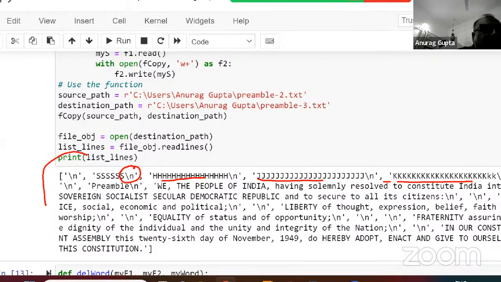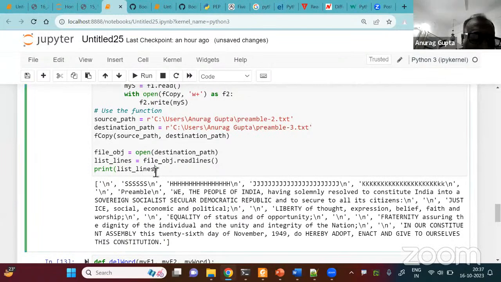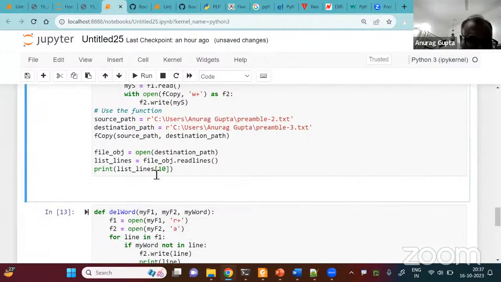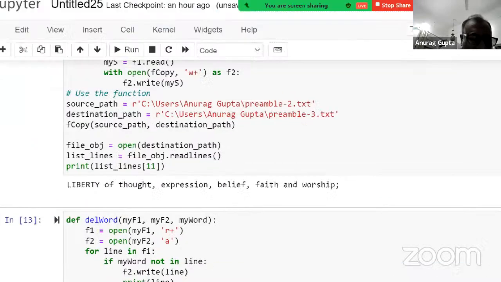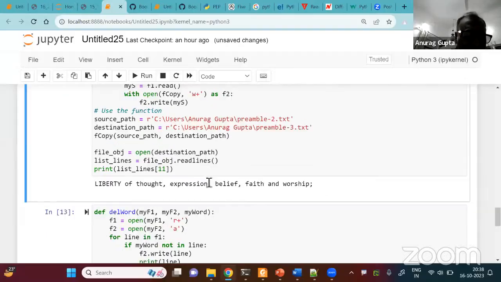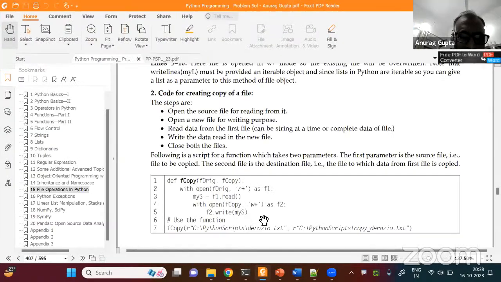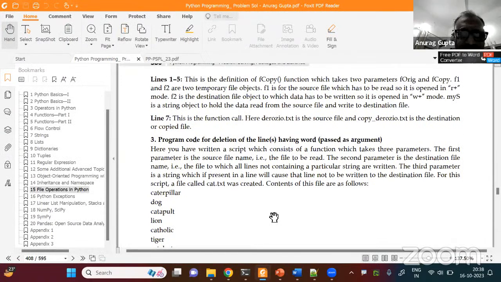So it is a list, and these are all items separated by commas. I could have done something like this. I can do something like this also. It has more than 10 items, so I will not be running out. I can do this. Surprising, it's a blank. So maybe 11 will be good. Yeah. So this is what I've done here. I've printed a particular index of that list just to show you that it is a list, right? Is it okay? Yeah. So let's move ahead.